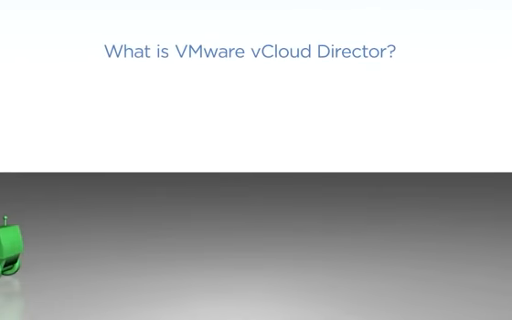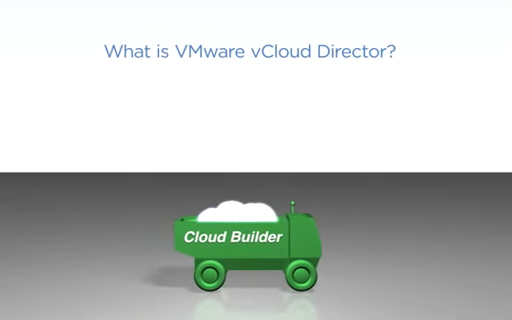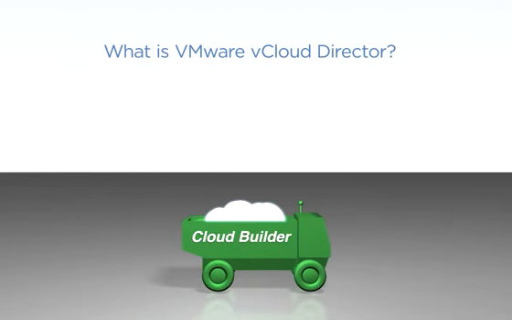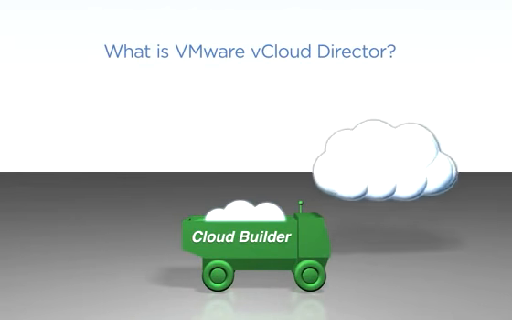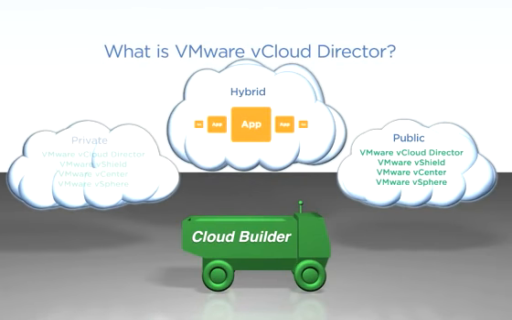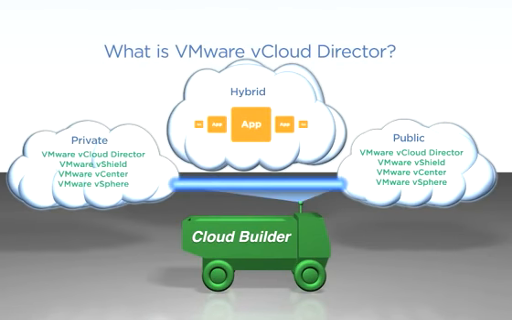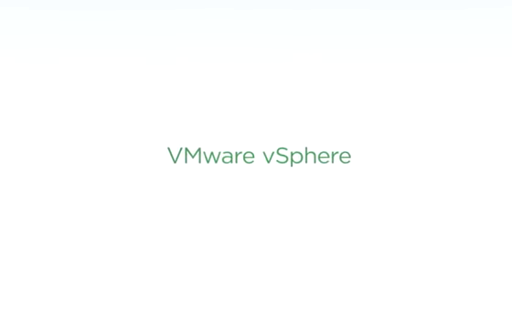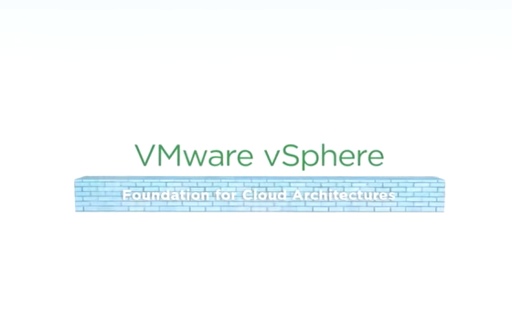What is VMware vCloud Director? It is the first software that enables service providers to build scalable, secure, and resilient public and hybrid clouds that are compatible with VMware private clouds for virtualized environments. Coupled with VMware vSphere, the foundation for cloud architectures, vCloud Director helps service providers accelerate, get an infrastructure as a